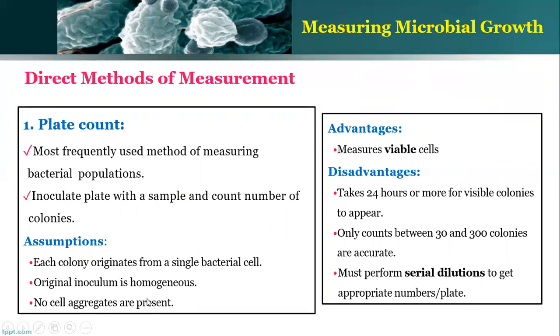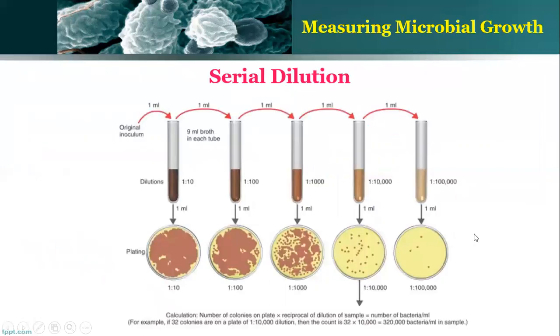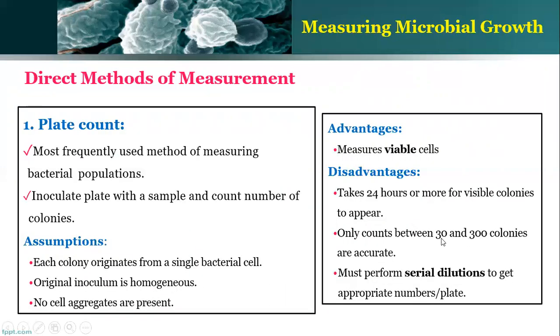and no cell aggregates are present in the sample we have taken for plate count. The advantage of the plate count is that it is used to measure viable cells. The disadvantages are that it takes around 24 hours, because after inoculation you need to incubate for 24 hours to develop visible colonies, and it only counts between 30 to 300 colonies. So we have to choose a plate that produces 30 to 300 colonies. A plate with below 30 or above 300 colonies is not advisable,